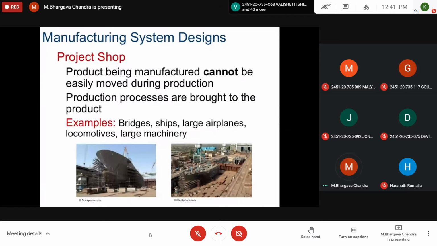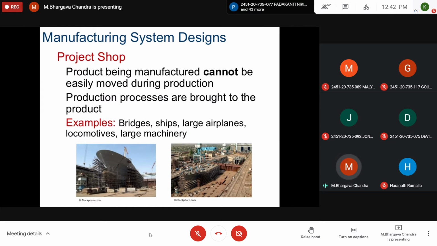Then you have the other one, called the project shop. Project shops are established at the product manufacturing point itself. Wherever you want to manufacture a product, the project shop is established there, because the size of the products being manufactured is very huge. You cannot bring it to one particular point, manufacture it, and again transport it from source to destination.